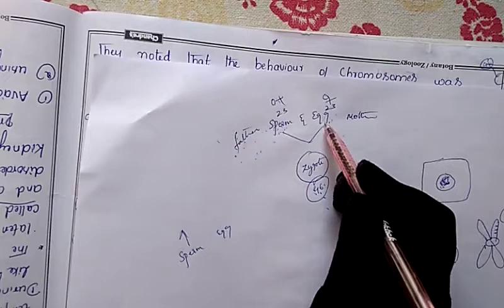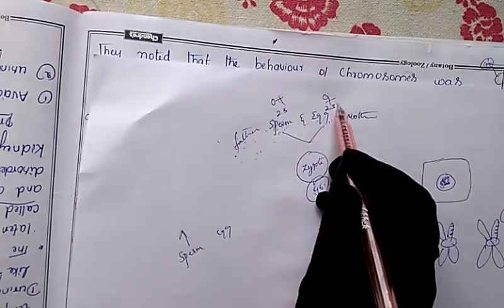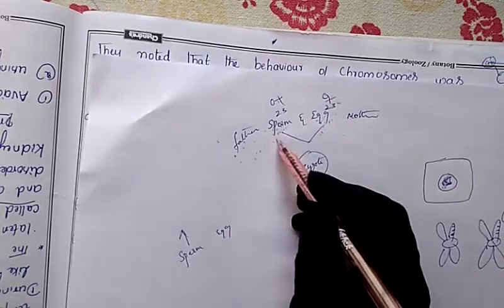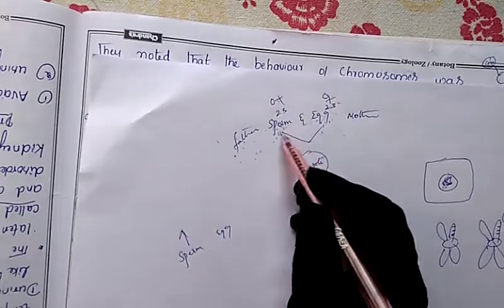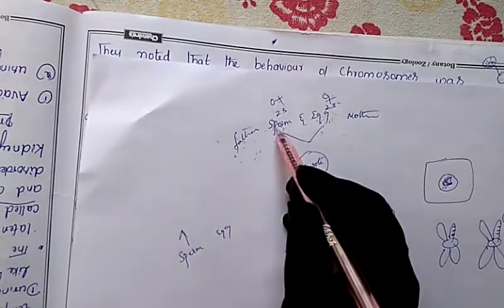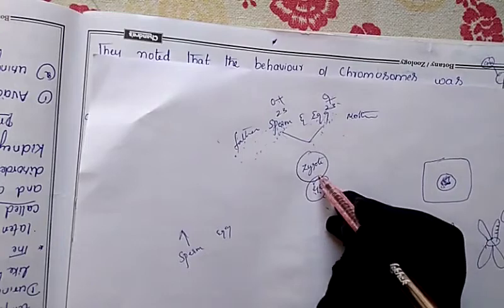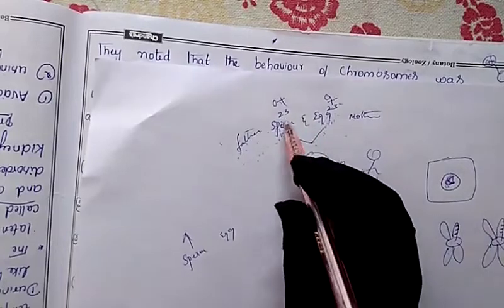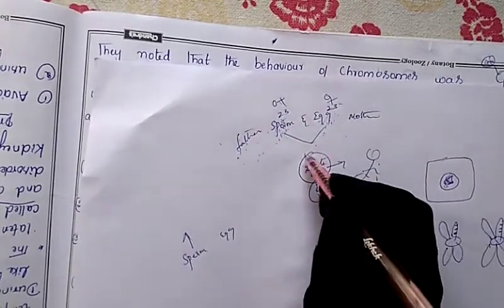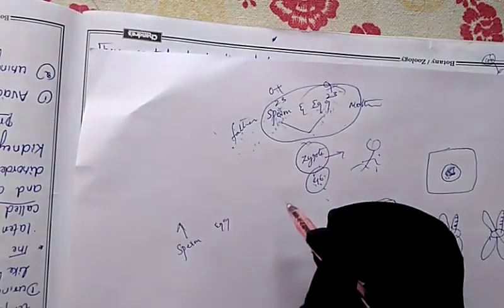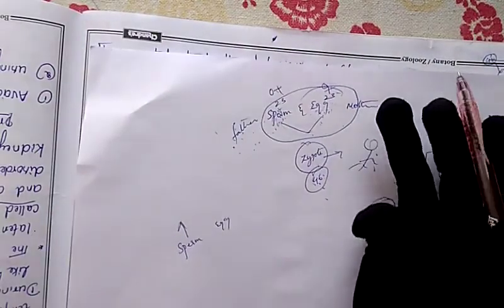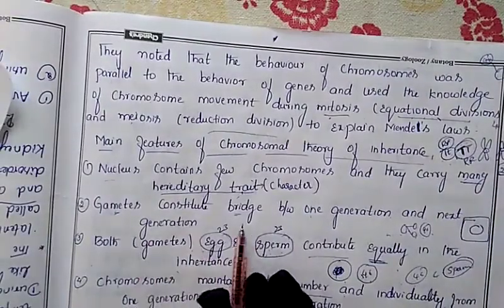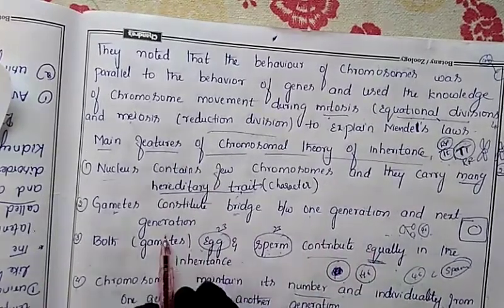In the same manner, what does the egg contain? It contains the chromosomes of the mother. On those chromosomes the genes are present which hold the characters of the mother. So sperm and egg are the main bridge here. They bring the characters, and when they fuse together and convert into the zygote, a new individual is formed through that zygote, and the characters are transmitted from parents to offspring. If there are no gametes, there is no transfer of character. So the second concept: gametes constitute the main bridge between one generation and the next.